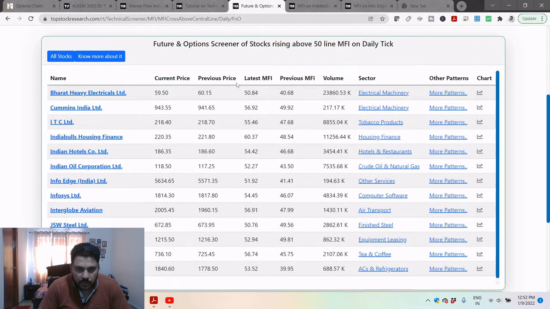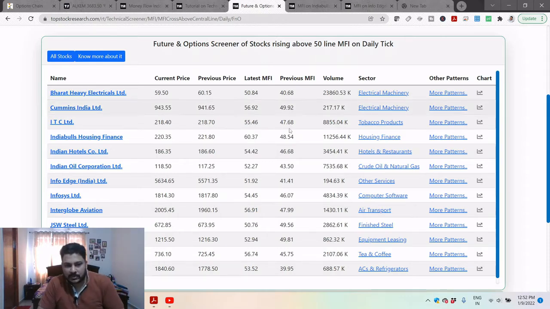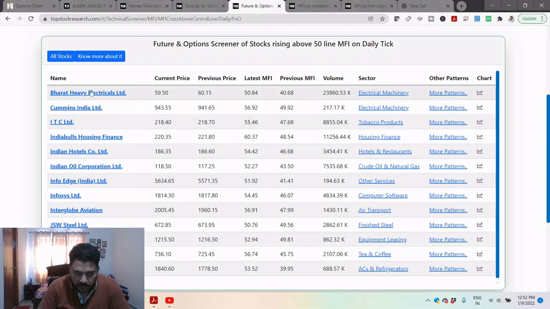Do we look at something which is above 60? That definitely you can do. You can create your own MFI indicator here, but that will show you only 3 or 4 stocks, because you need to subscribe for the plan. In the free plan, you will get all these things in the pre-defined screener. So let's look at